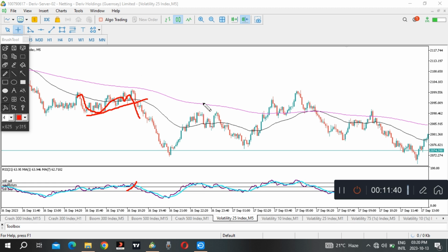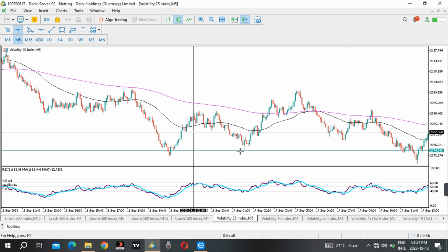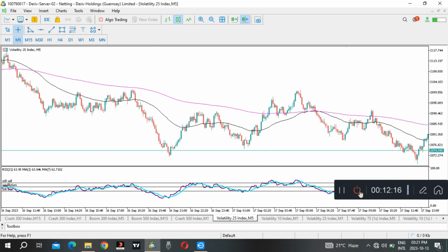And over here again, we are still respecting. As long as we respect the level 60 and the level 50, we are going to be entering those trades, right? So over here you can enter again. So that's how you just use this strategy. And if you want to learn how to use the RSI, then I suggest that you watch